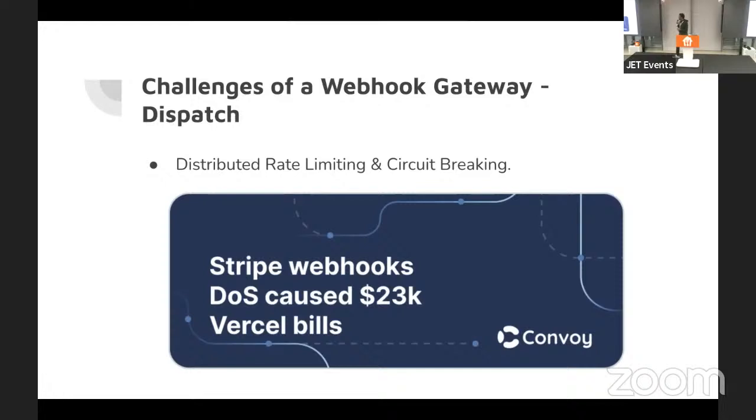Yeah. So the challenge with Webhooks is you want to send the events to the consumer endpoint at a predefined rate. And if the consumer does not specify a rate, you want to default to something. I think this is even more important as we continue to build edge functions and serverless functions, because you want to prevent a cascading failure. This was a clear scenario of a failure that happened somewhere and cascaded to the entire system.